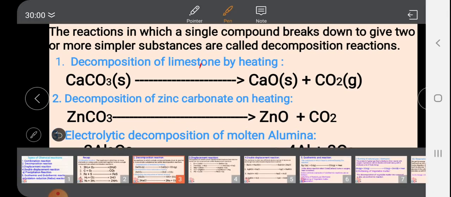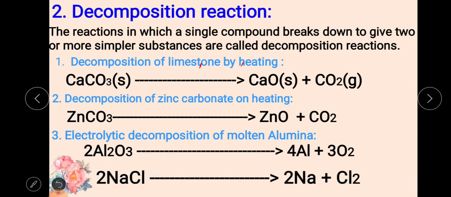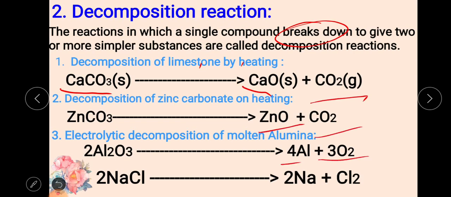The reactions in which a single compound breaks down to give two or more simple substances are called decomposition reactions. A single reactant decomposes into many products. For example, first one, decomposition of limestone by heating. I told you about limestone in a previous video, how limestone is formed. In quicklime, if you add water, we get calcium hydroxide, that is slaked lime, and that slaked lime reacts